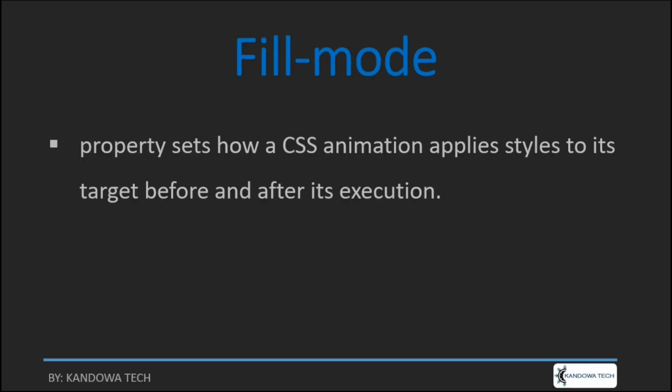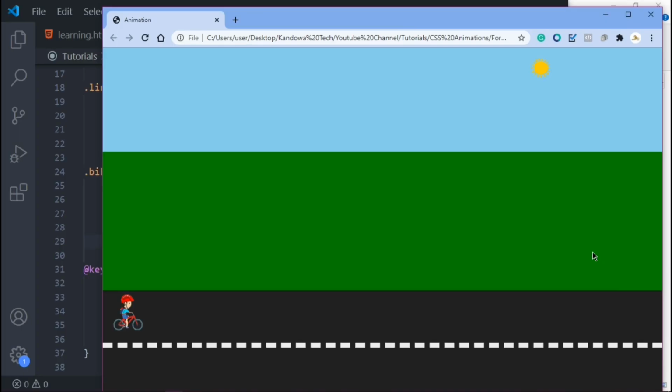In this tutorial, we are going to be looking at fill mode. With fill mode, you set how a CSS animation should apply style to its target before and after its execution. For instance, in our previous tutorial, we created a keyframe for this, where